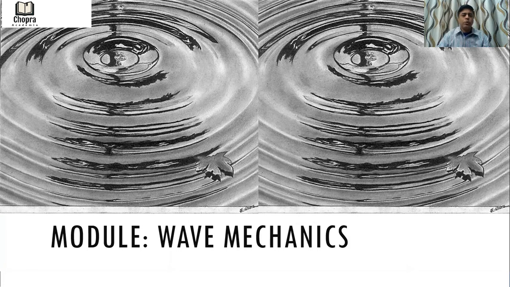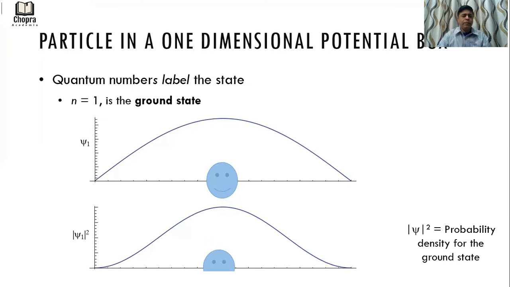So basically, if we see n equal to 1, which we earlier also understood is the ground state, and quantum numbers label the state, and n equal to 1 is the quantum number here. We have the first energy level represented by E1, the first energy eigenvalue, and here is psi1, the eigenfunction associated with the first energy level. You see this is how the wave is represented, and the x-axis represents the box from x equal to 0 to x equal to L.